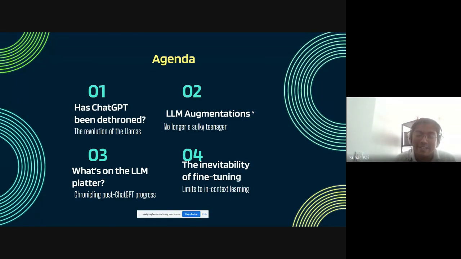We can all agree that GPT-4 is state of the art, more or less. But has ChatGPT, or GPT-3.5, been dethroned by any of the open source versions? We'll talk about all the different kinds of LLMs that are available these days, and also why I think